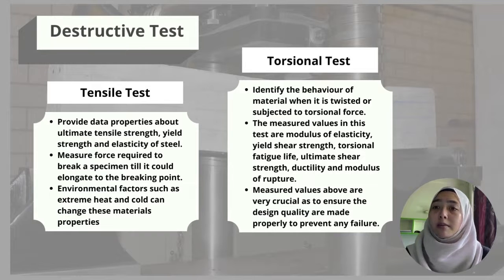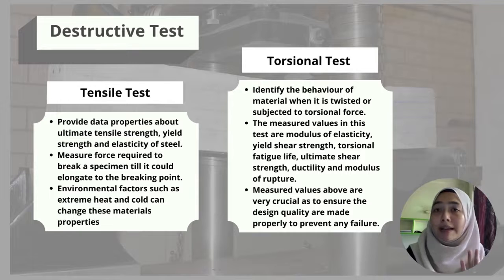So when steel is being manufactured, these measured values are very important because they can be used to replicate service conditions and ensure the design quality of materials is made properly to prevent any failure. Moreover, in our case, these values are used as a guide to design structural steel subjected to moment, by comparing the maximum moment exerted on the beam with the lateral buckling resistance moment. So when the moment exerted on the beam exceeds the resistance limit, we can expect that the beam will fail